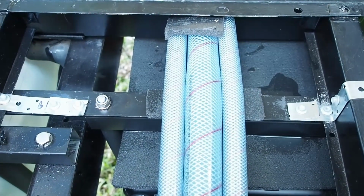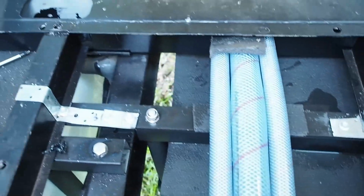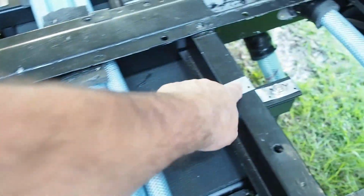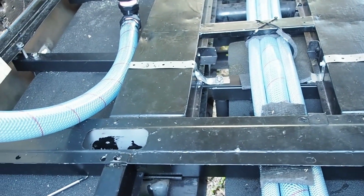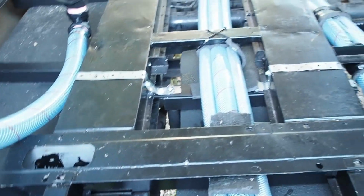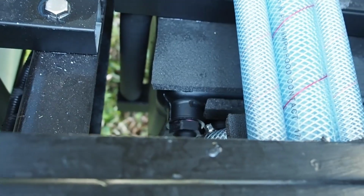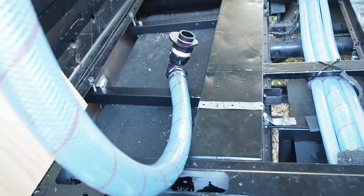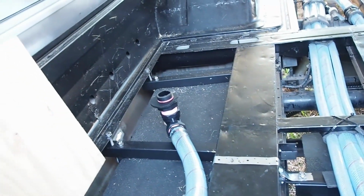So if you want to have a look at that episode, I'll link it down below because I've done exactly the same thing. The only extra thing I've done is added a little bit of bracing around the chassis here, just for a little bit extra support. Got it all in, got the pipes all in, everything's fine. You can see it here. I was fitting the last pipe, the biggest one of course, the 40mm one, and I had it all connected and glued up. Anyway,